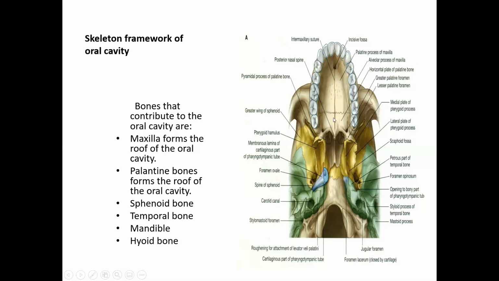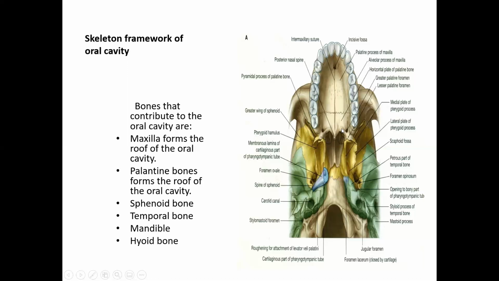the palatine bones. And these two palatine bones articulate with each other by the interpalatine sutures, and just posterior to the interpalatine suture, you can see here there's a spine. This is known as the posterior nasal spine. Okay, so this is the spine posteriorly on the interpalatine suture. You can see here, this is the posterior nasal spine.